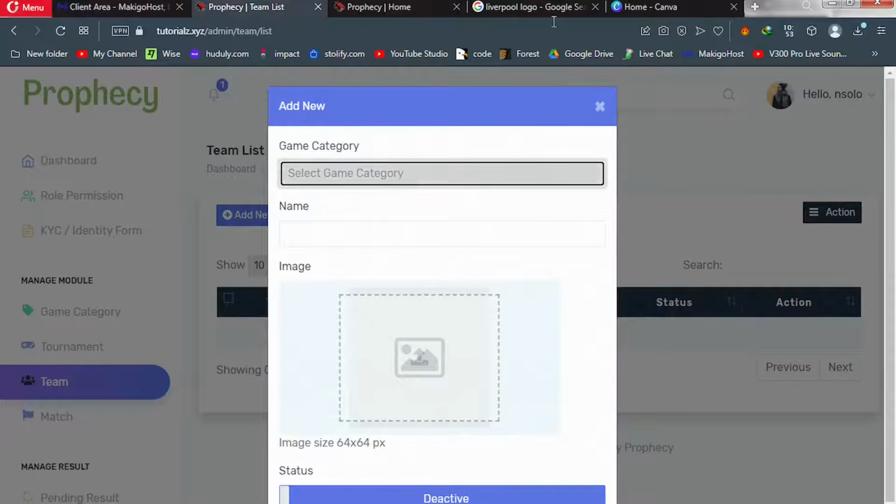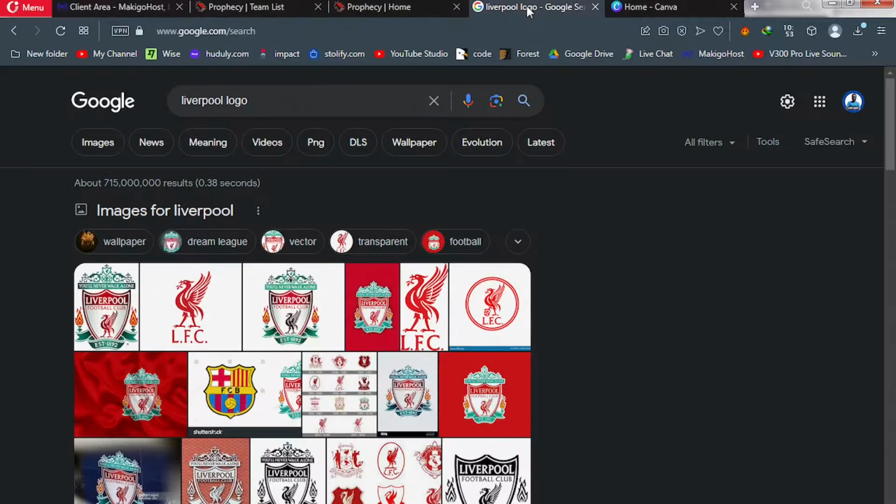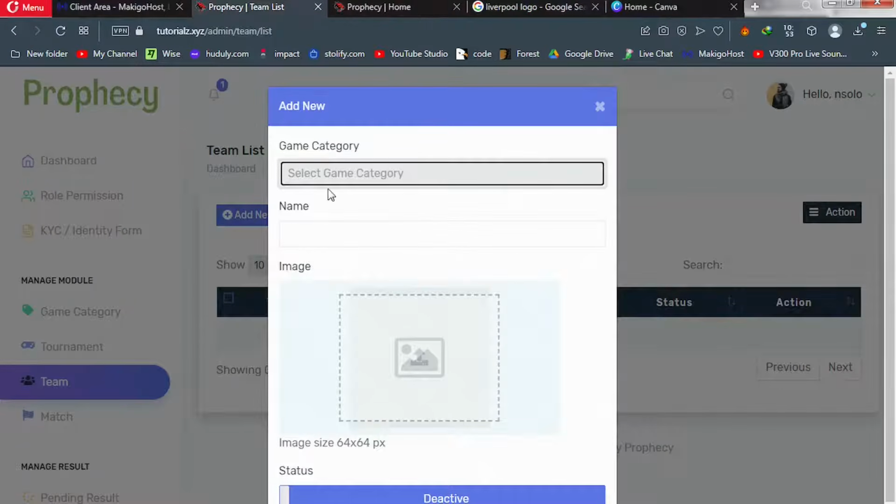So to get your images, let's go to Google and type something like Liverpool. You add Liverpool logo and download these logos. I have downloaded my logos or my images already. Now the recommended or the required size for images is 64 by 64. It should be a square. So open